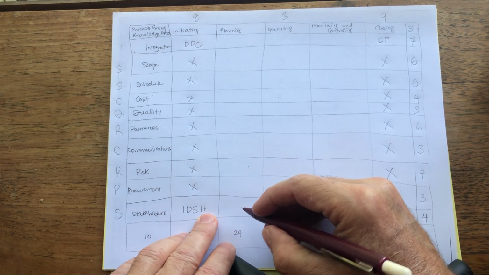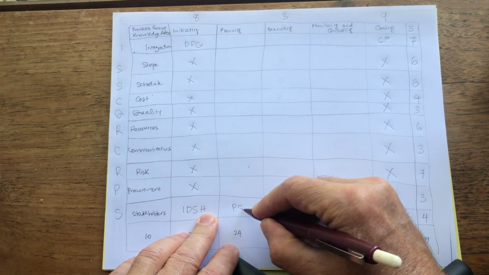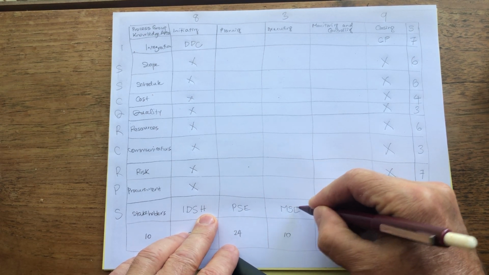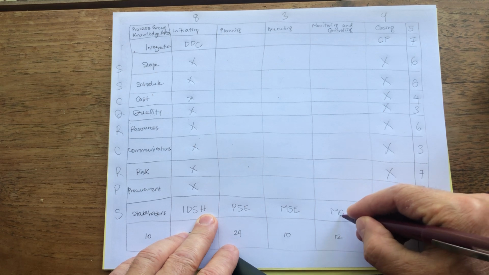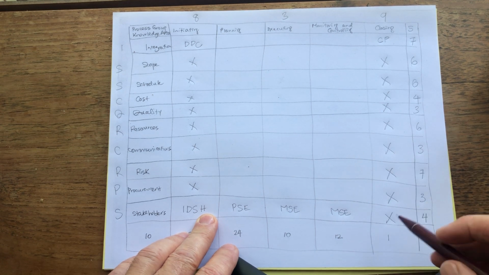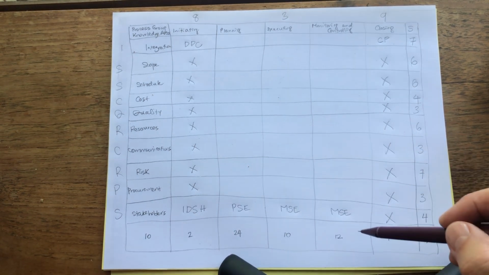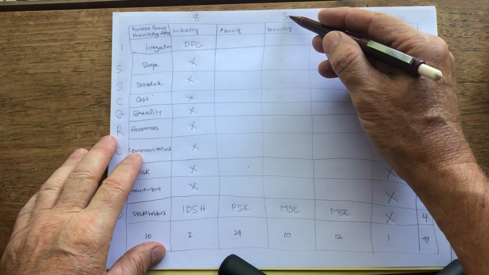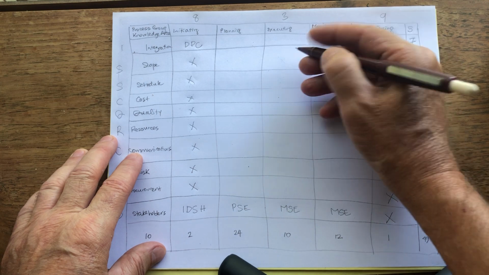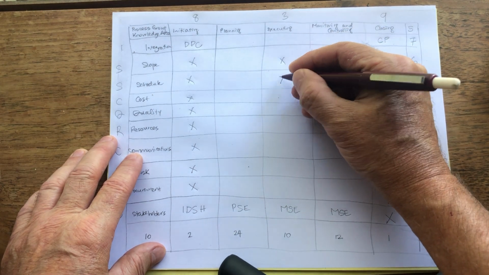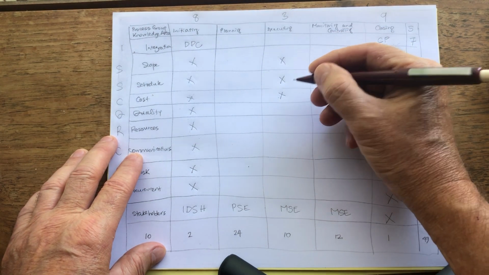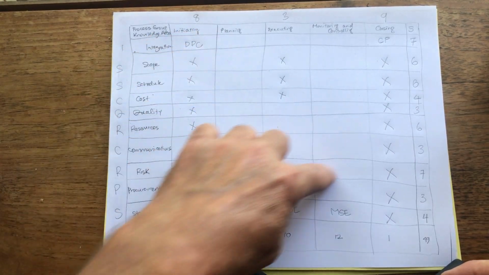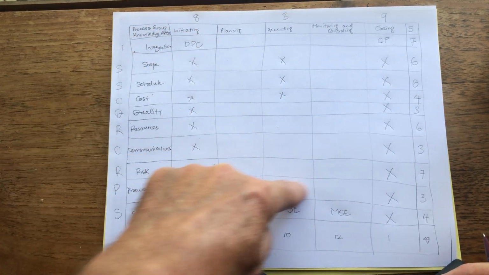So when you identify stakeholders, the next thing to do is plan stakeholder engagement, and then manage stakeholder engagement, and then monitor stakeholder engagement. Okay, so now we got the bottom row, and we can now fill out this 3 here. What is this 3? Well, this 3 says that the triple constraints of scope, schedule, cost have no executing activities. So now we can just fill out this U-shaped box here